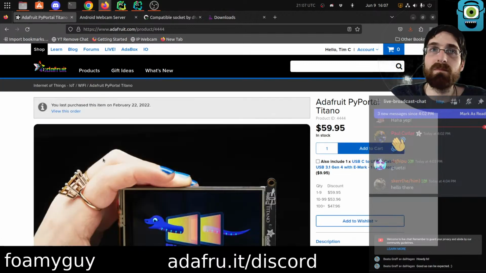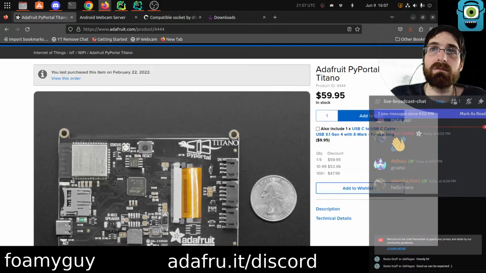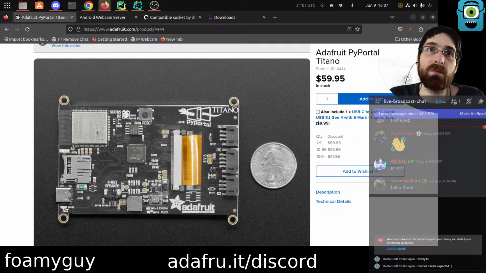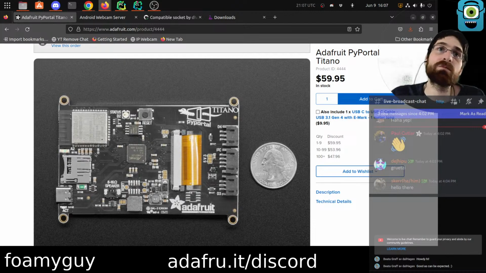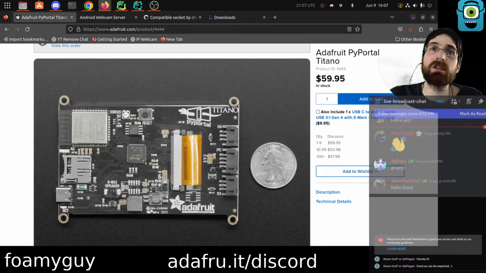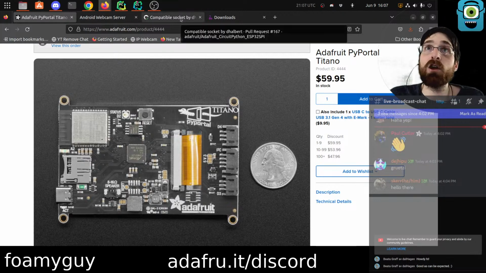Let's see here. So the ESP32 is here. And then this device has an Atmel SAMD51 as its main brain that runs CircuitPython, and then that communicates back and forth with the ESP32. The ESP32 provides it Wi-Fi access, essentially. So this library is the library that handles the communication between these two chips, the main SAMD51 and the coprocessor,